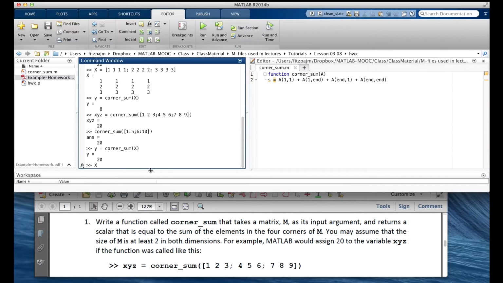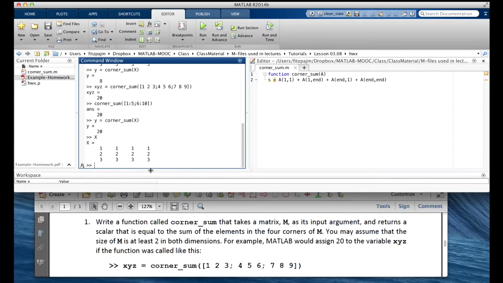Let's see, we had x here. Yeah, let's call it with x again. Well, it returns 8, or it looks like it does, so it may seem to work. It's kind of strange, though. When it returns something, it doesn't usually say s is equal to 8. It's saying s is equal to 8 because that's what it does when you leave the semicolon off an assignment to s. But you might not notice that when you were testing it. Let's try assigning it to a variable like we did before.